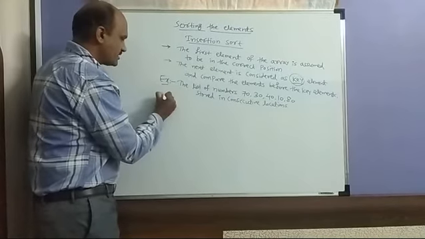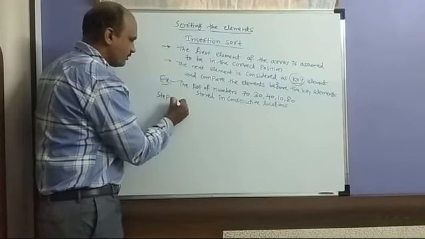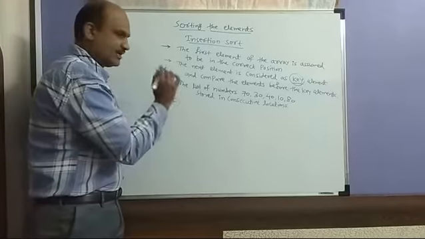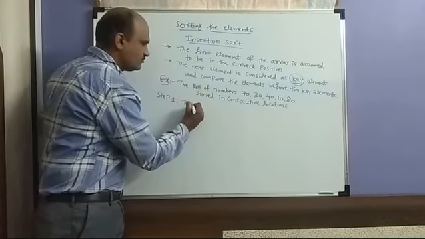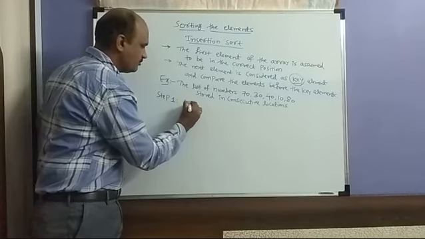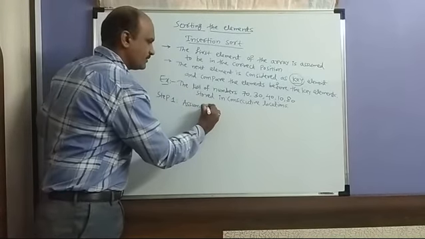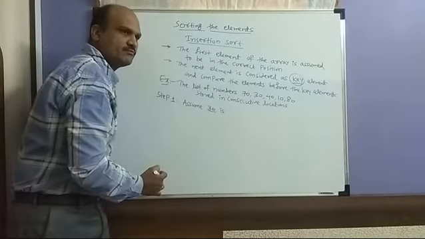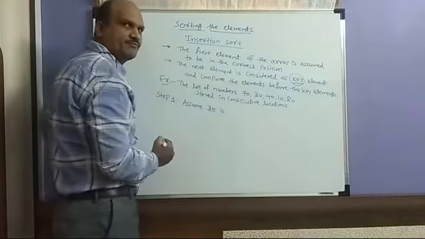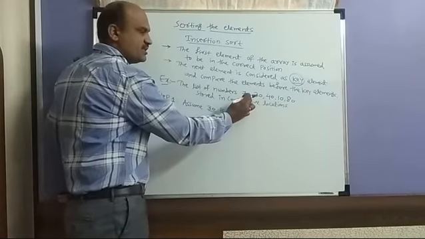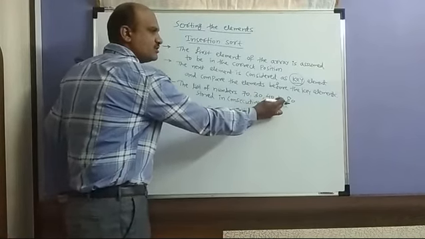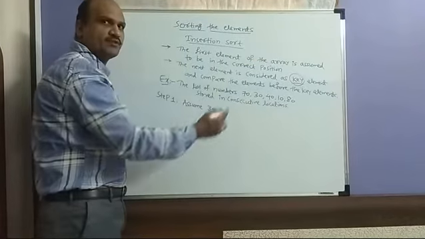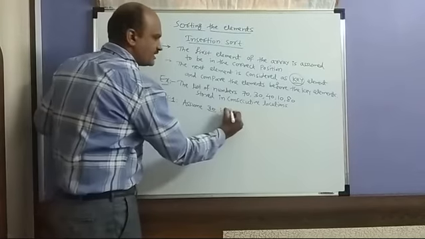Now we will go step by step. That is step 1. What is step 1? As I told you, assume the 30 is in the correct position. The first element of the array, the index 0, 1, 2, 3, 4. So the first element is 30, which is assumed to be in the correct position.